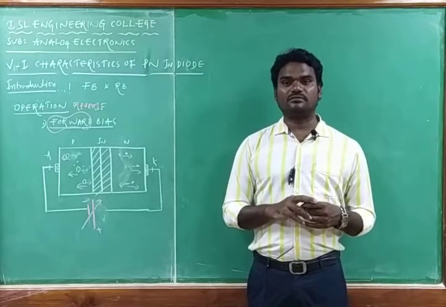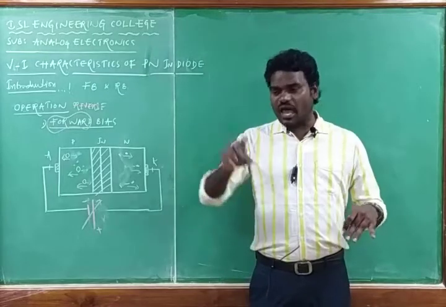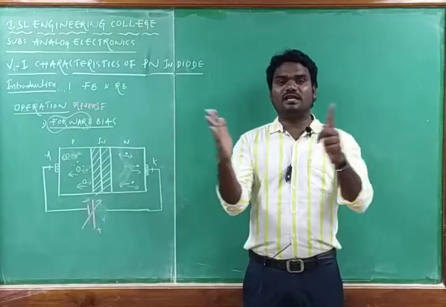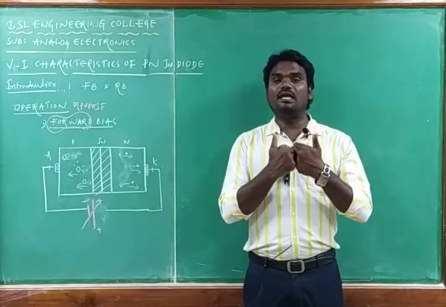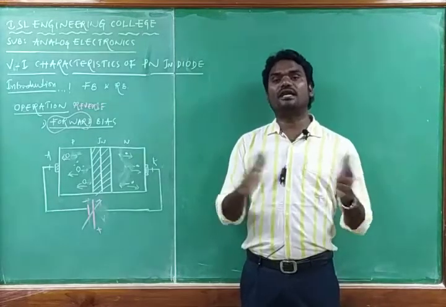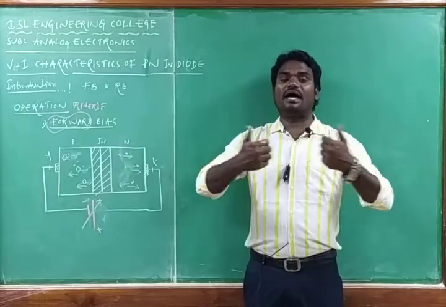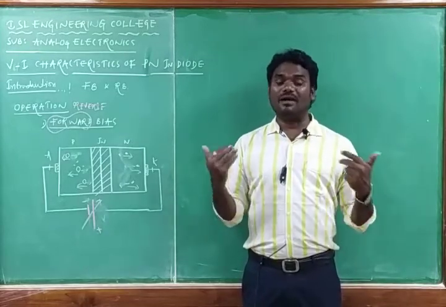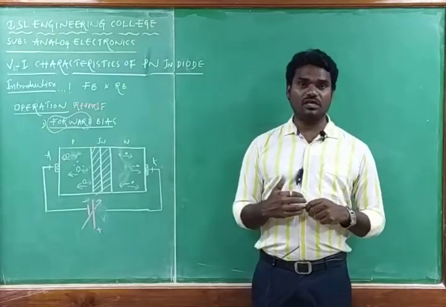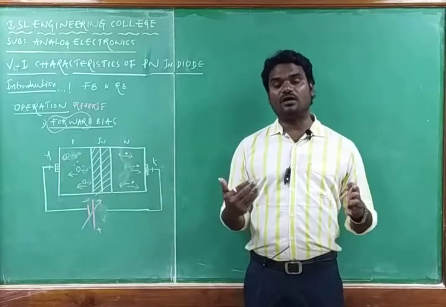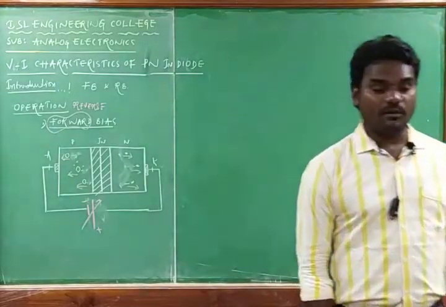In a PN junction, when the diode is connected in forward bias, as you increase the forward bias voltage, the depletion region decreases. At one particular forward bias voltage, the depletion region vanishes completely, so that it conducts a good amount of current. In reverse bias, as you increase the reverse bias voltage, the barrier increases, so there is no current. But in practical cases, it conducts a very small amount of current at higher reverse bias voltages. That current is in microamps, whereas the current in forward bias mode is in milliamps.